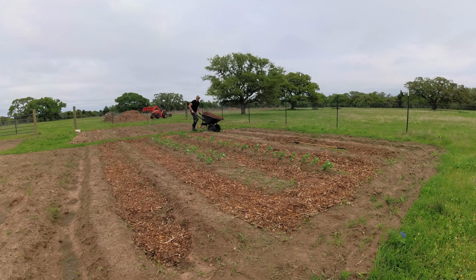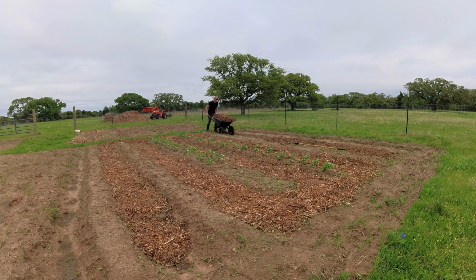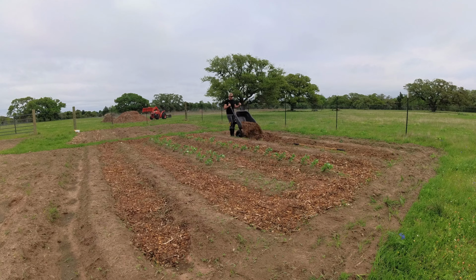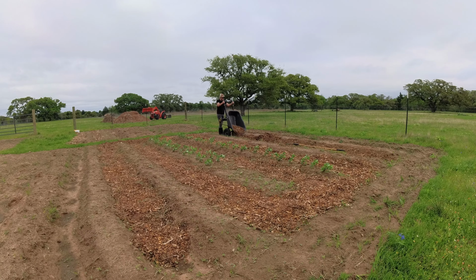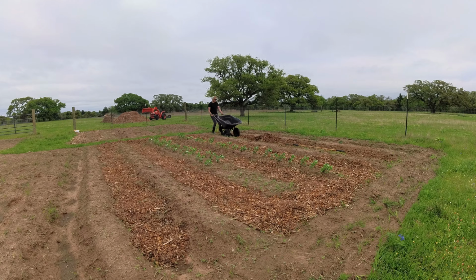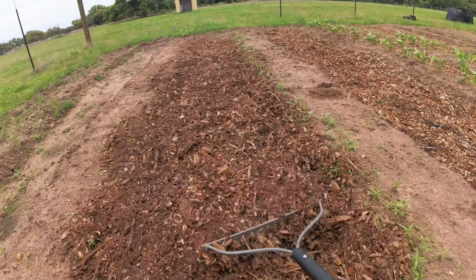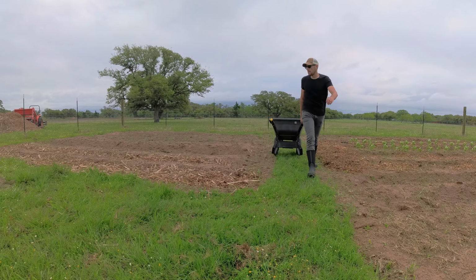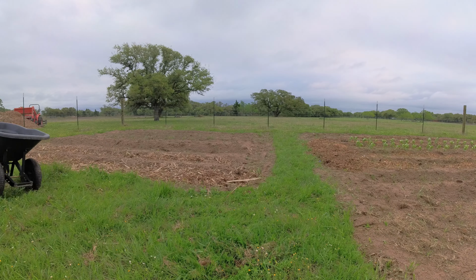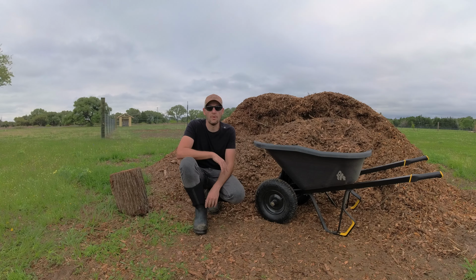Okay, all this mulch helps prevent weeds in between the rows and places where I can walk. Actually, I really like the 2 wheel configuration. It's pretty handy. And if you wonder from where I'm getting all this mulch, this is through the app called